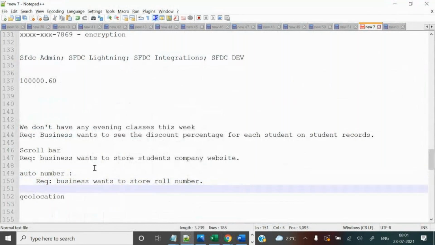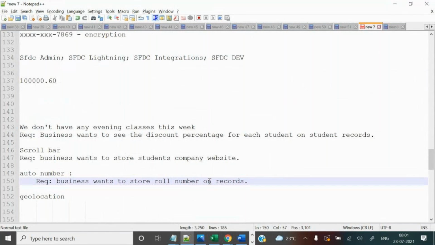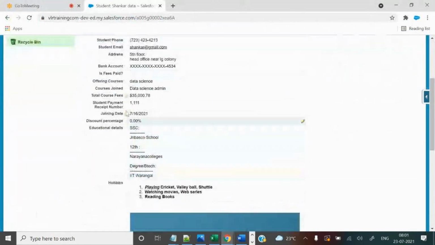On records. So what you need to do: if they want to store it, definitely you should create a field. You need to check in real time. First you need to think whether any existing field is there for that or not. Go to all the fields and check it.